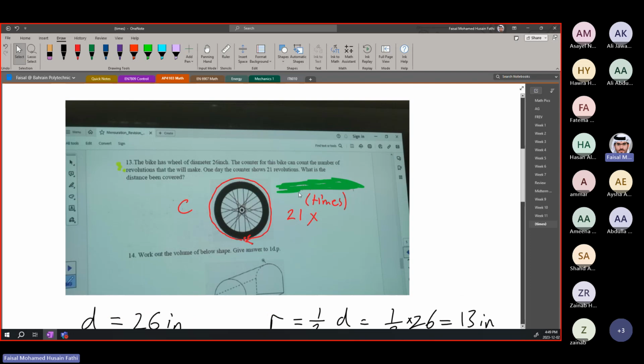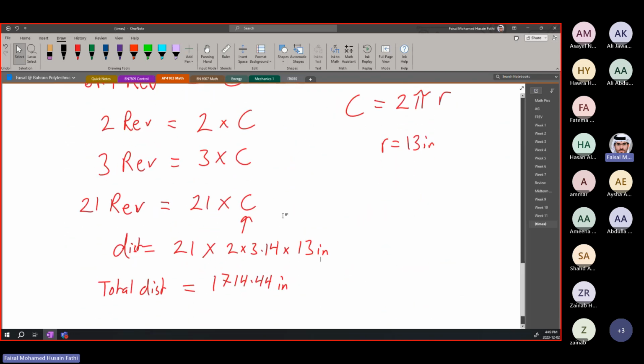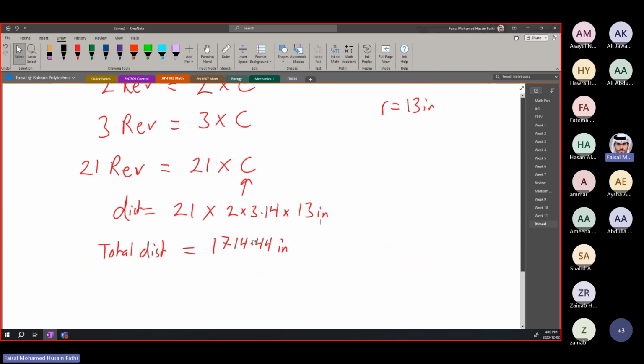There's no rounding, nothing has been asked. So this is going to be your final answer. It's going to travel a total distance of 1714.44 inches. The circumference